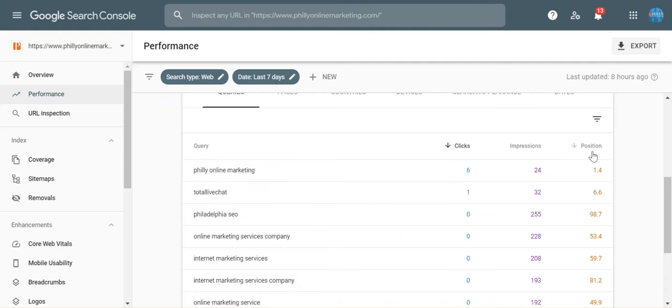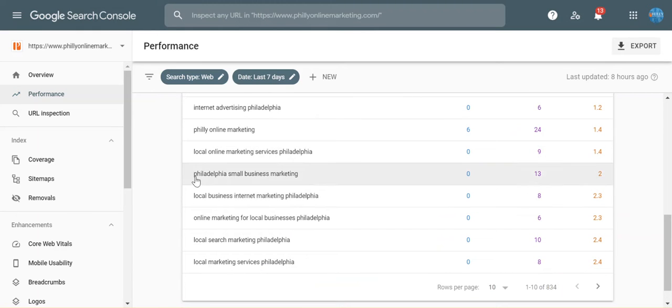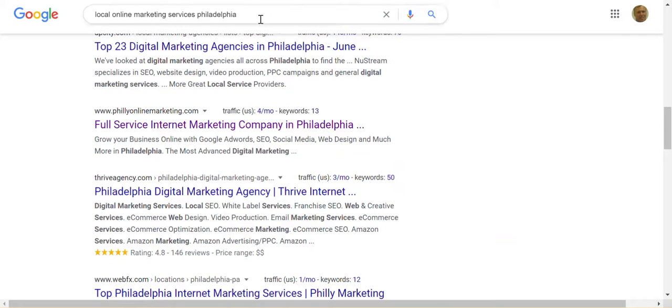One thing I like about this, the various words that my site shows up for, is I like being able to search, click on the positions to see what position these words show up for. So in the last 7 days, they're telling me here, local online marketing services Philadelphia, I show up 1.4. So what they mean by that, if I go over to Google and I search